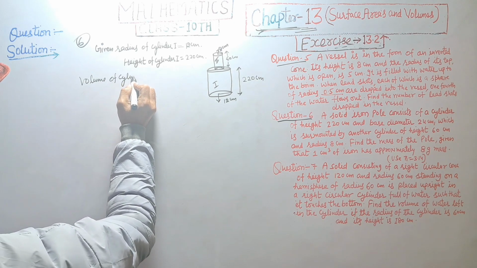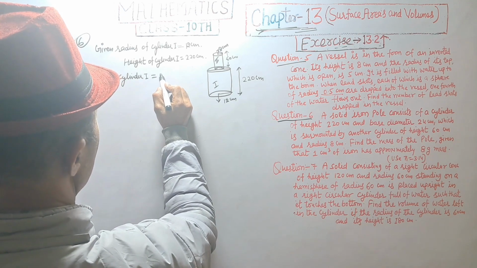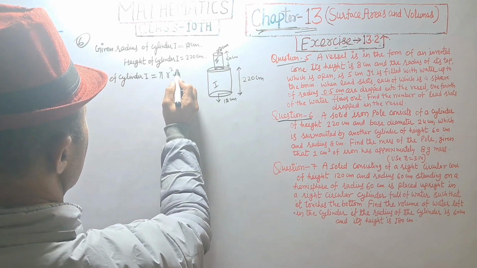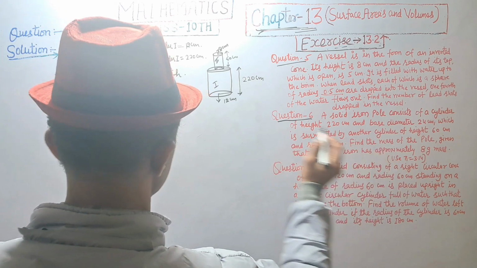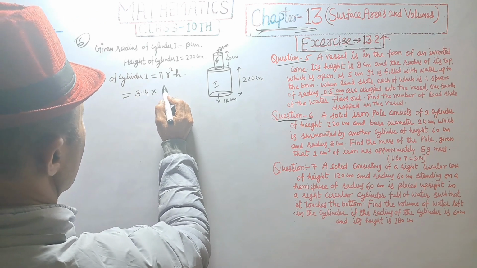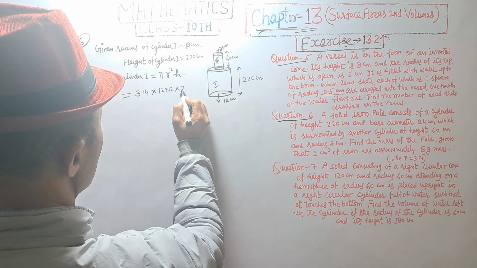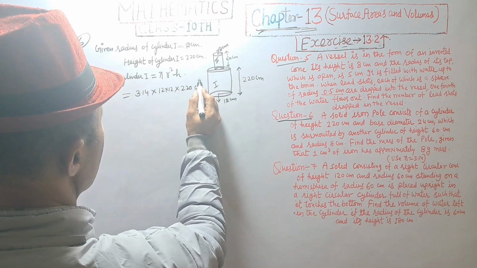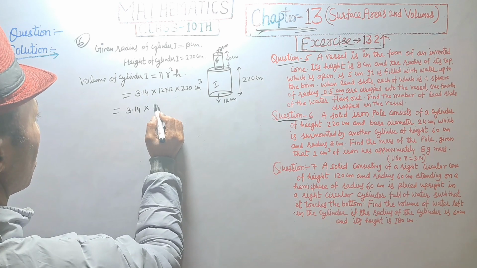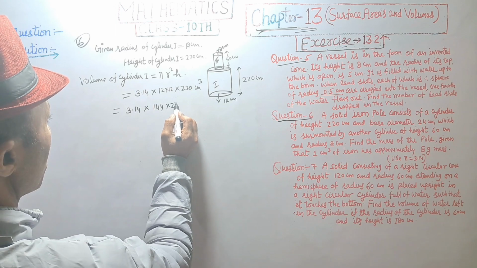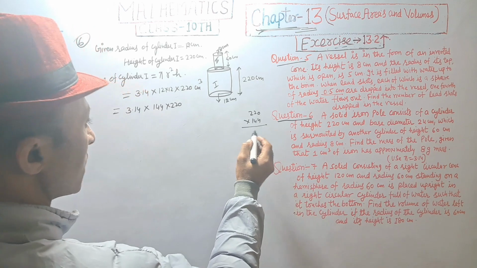Volume of cylinder is equal to pi r square h, that is equal to pi is 3.14, it's given, into radius is 12 into height 220 centimeter cube, that is equal to 3.14 multiplied by 144 multiplied by 220, 220 multiplied by 144, that is